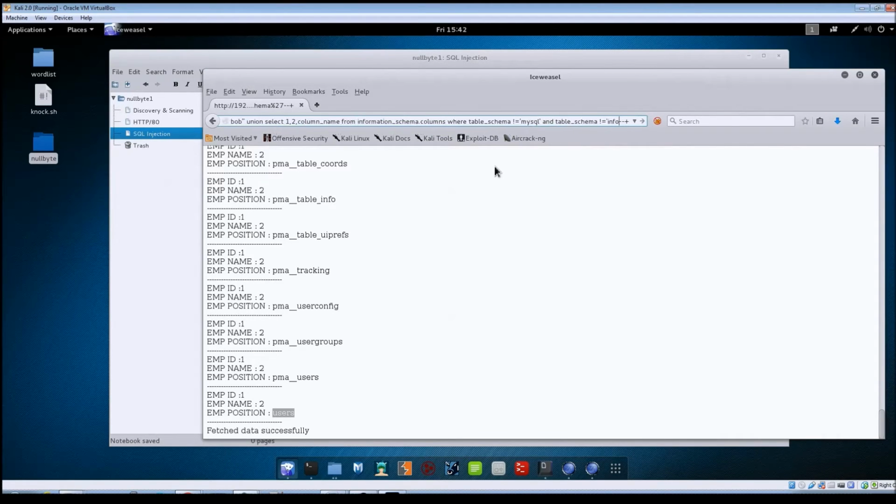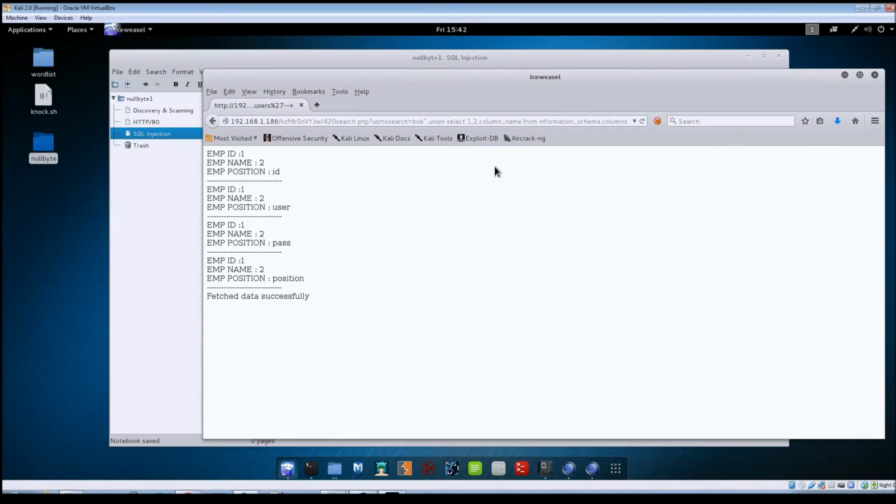And I'm going to delete all this out. So we've got from information_schema.columns, and we want to put where table_name equals users, which is the table that we found down there. So hit enter,